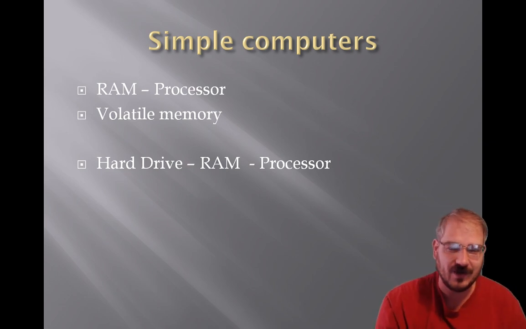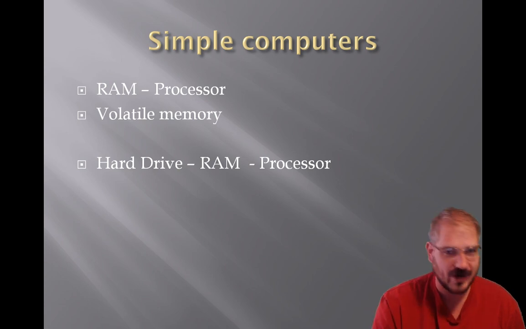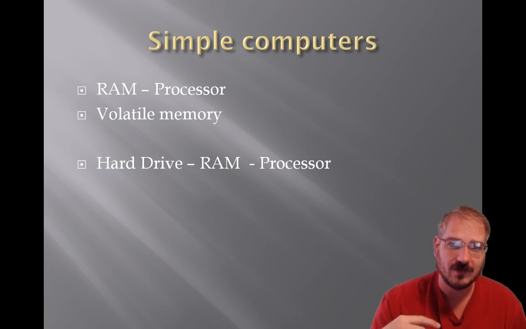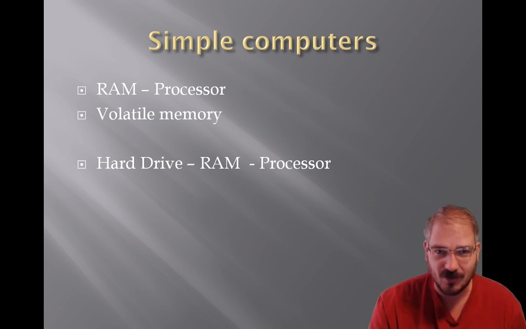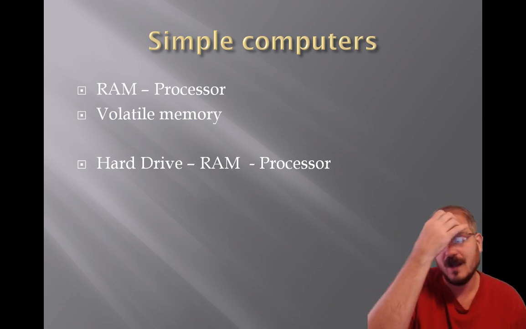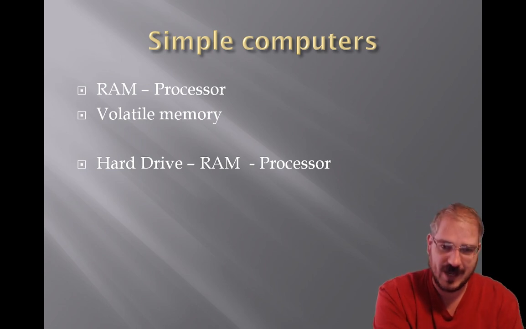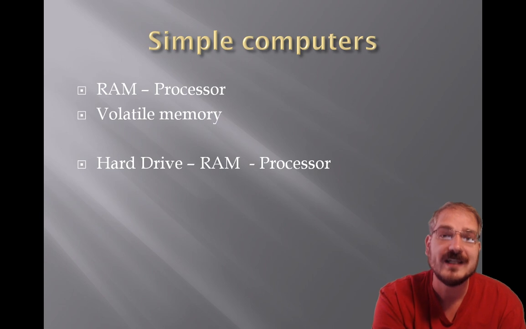So what would happen with these very early computers is you would turn it on and you'd have to type in every single 1 and 0 for all your programs, all your data, all your everything by hand. Then you'd run your program. The processor would do the math and put the results into RAM. Then you could take the results out. But if you turned the computer off, all that information is gone. You want to do the exact same thing again, you have to start over from scratch. Turn the computer on, re-enter all the data, right? That was very clunky,